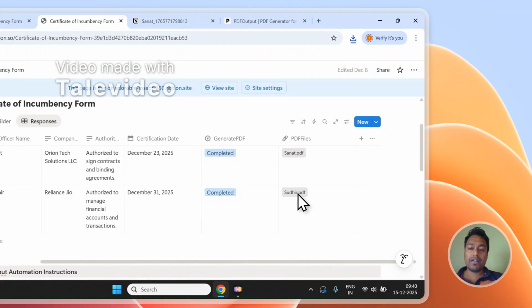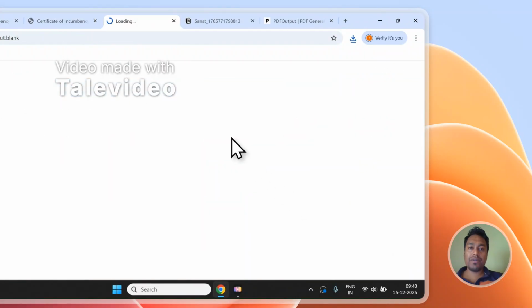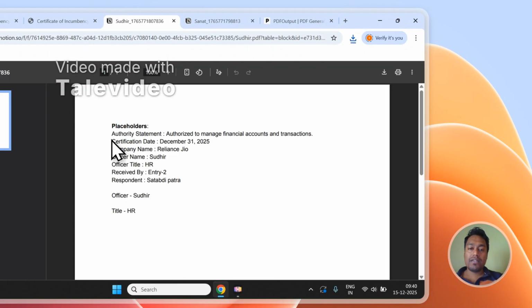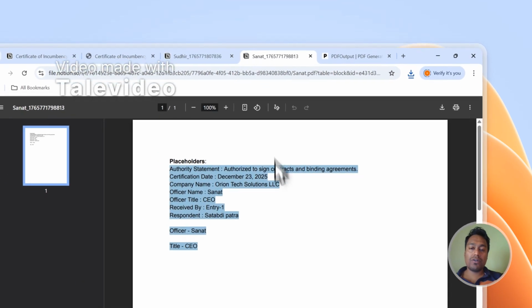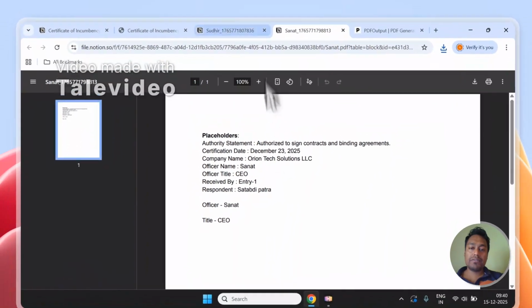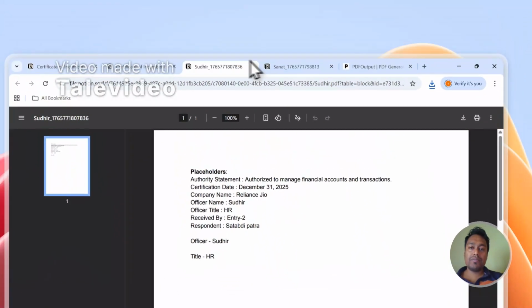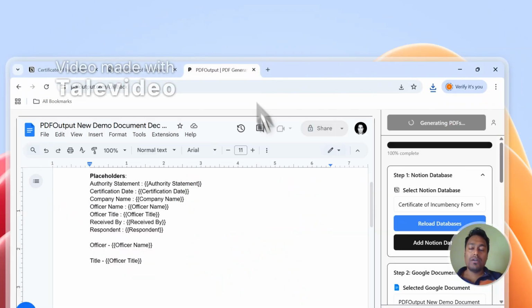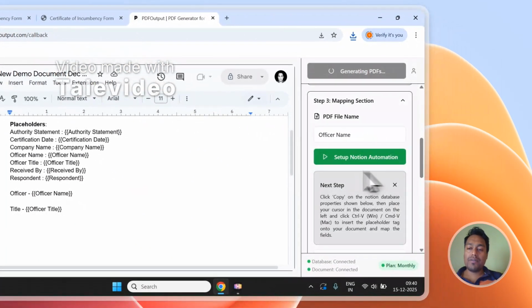Let's check upon the second record. We find the same pattern repeat over here, and the database values have been fetched onto the document and they have been converted into the document over here. So we just created two PDFs out of the database where all the PDFs were created with all the placeholders mapped. Now, if you want to automate this process forever, click on Setup Notion Automation, and this will run the